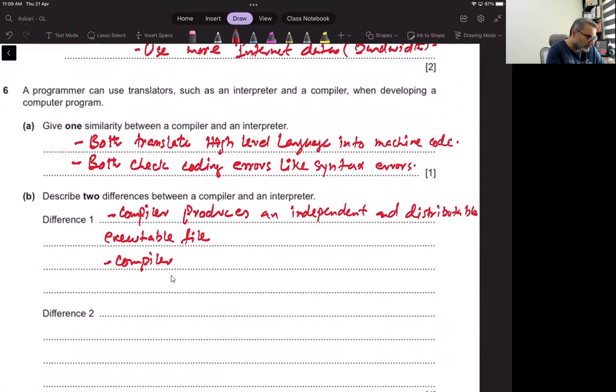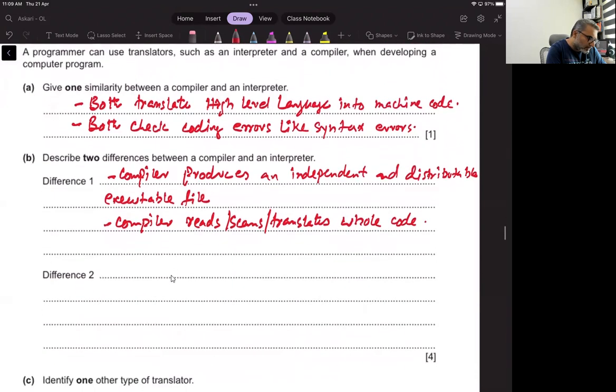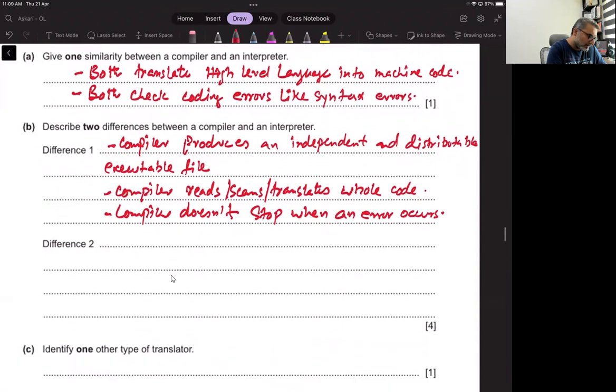Compiler reads or scans or translates whole code. Compiler does not stop when an error occurs. Now,